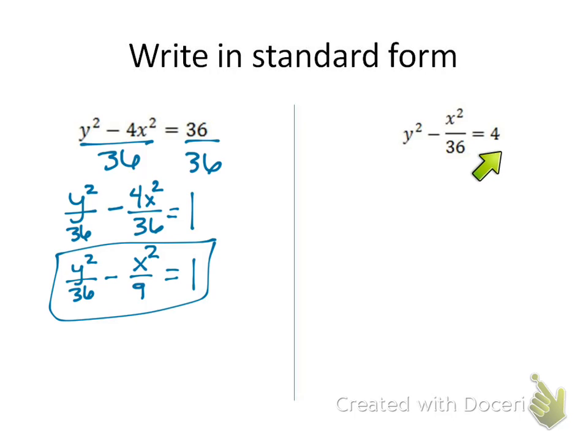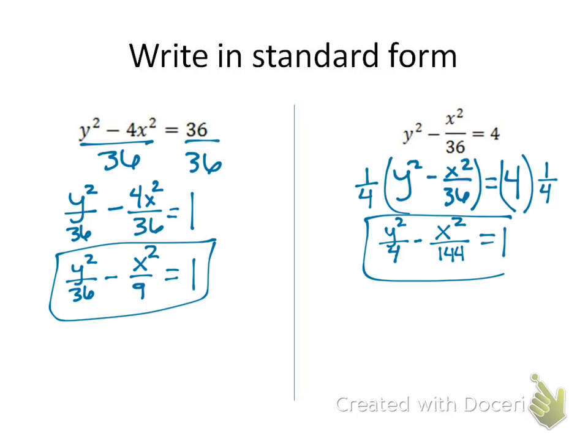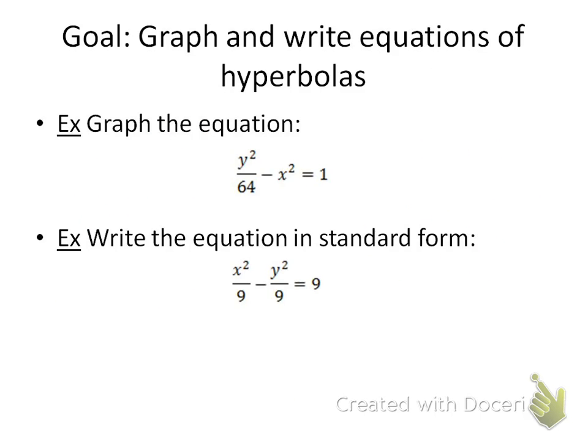In a similar fashion, in this next example, in order to get this 4 to be a 1, I'm going to have to divide both sides by 4. But in order to attack this fraction, instead of dividing by 4, I'm going to multiply both sides by 1/4. When we distribute this 1/4, we get y squared over 4 minus, we're going to be taking this 4 times 36. And this right side is equal to 1. Going back to that first slide,